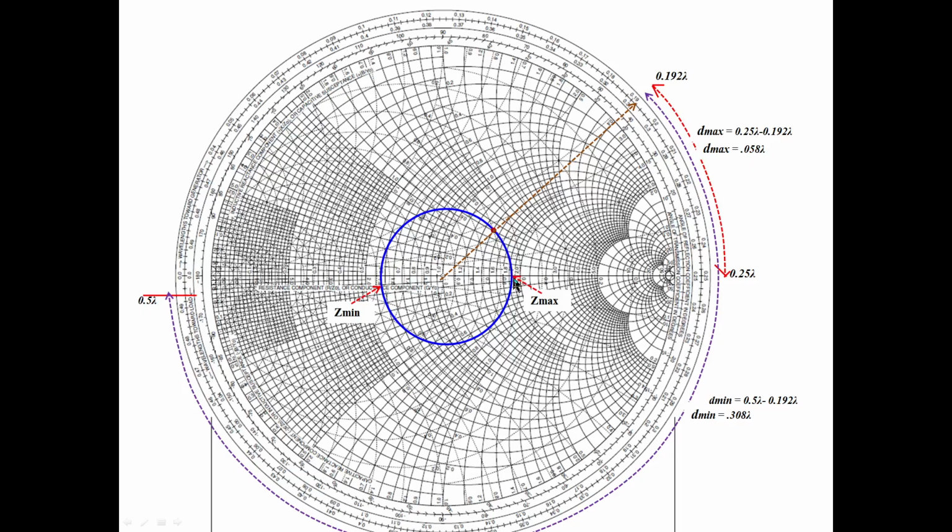I moved towards like this, I stopped here, and I want to find out the distance I moved from here to here. Similarly, this is a load point, I am moving like this and I stopped here. What is the distance from here to here? To get that, the 0.192 is the load point, and where I am stopping here, you draw a line. This is the line. It intersects the wavelength scale here.